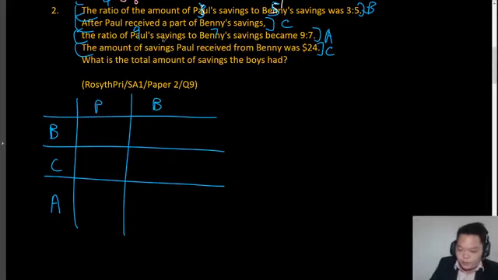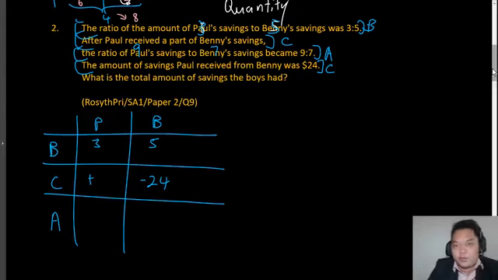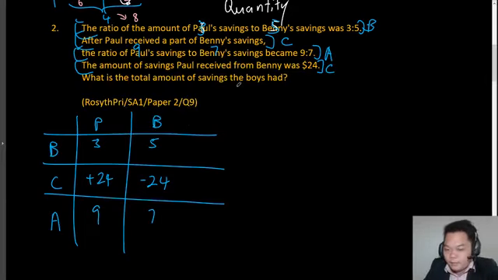Okay, so here's what we can do. Paul has got 3, Benny has got 5. Paul received $24 from Benny. So Benny's amount of money is going to decrease by 24. Paul's money is going to increase by 24. And then that ratio becomes 9:7. Correct? And once we have this here,